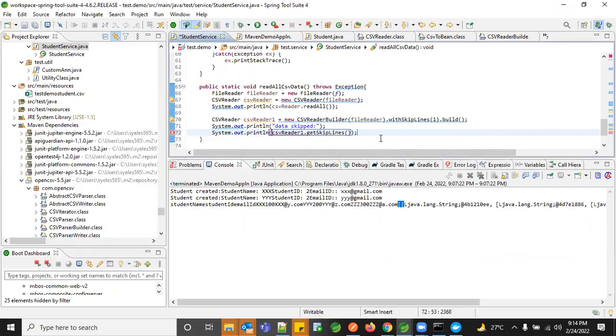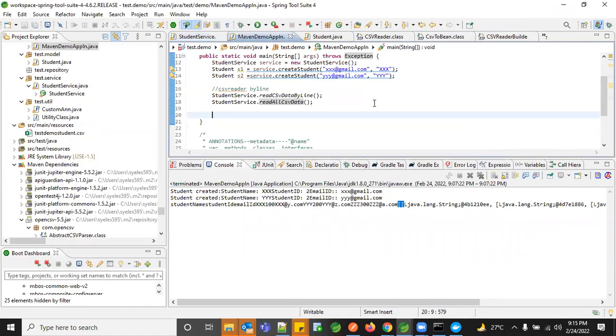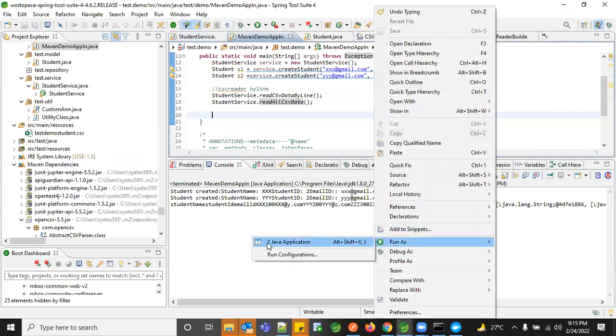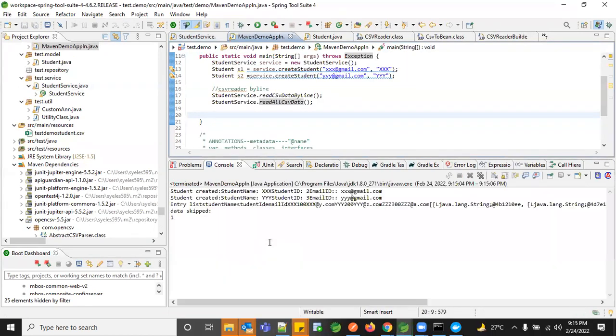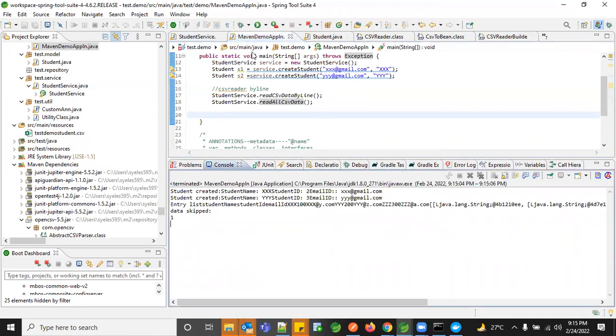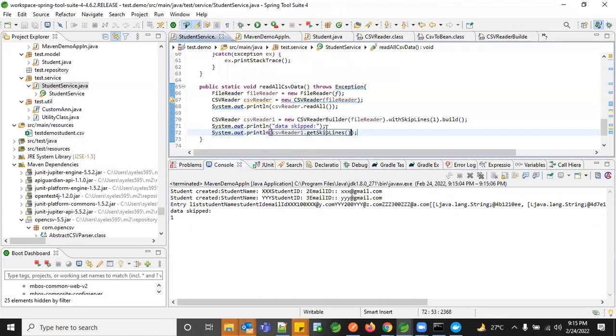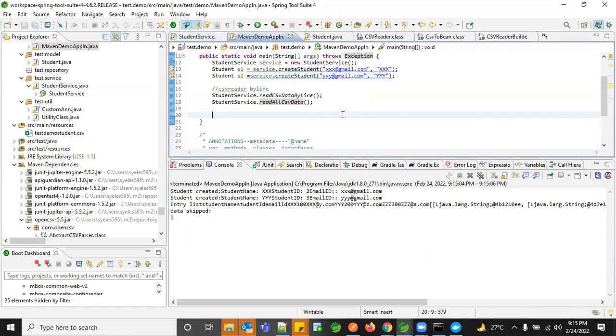I'm just giving a count to understand what is skipped. So the data skipped is 1, and to see what data has been skipped, you will still get it as an object.